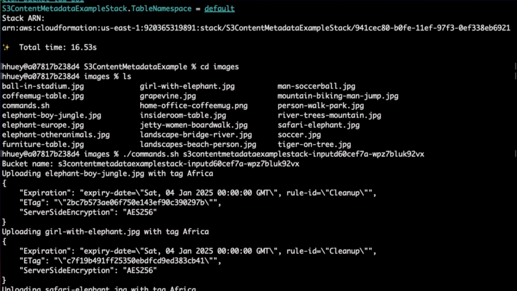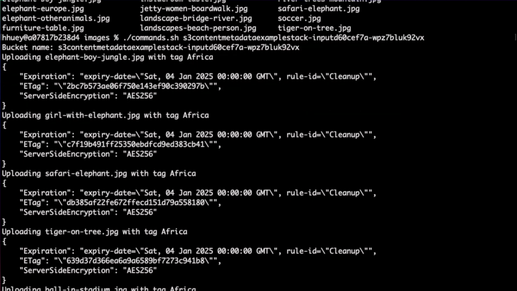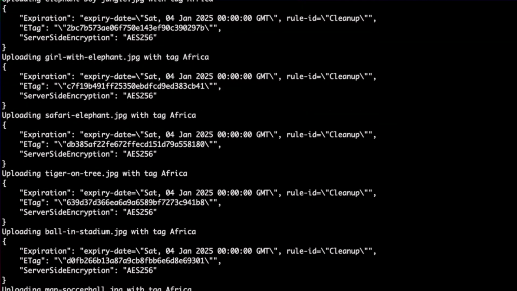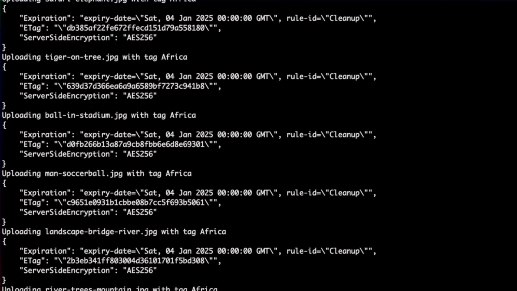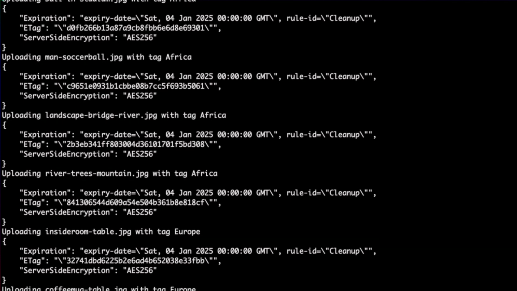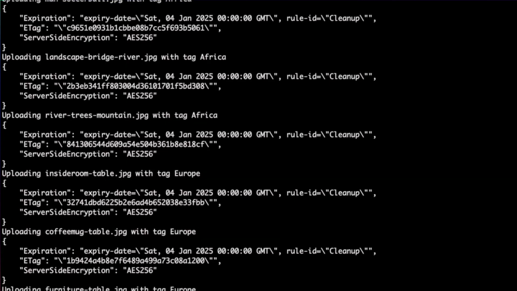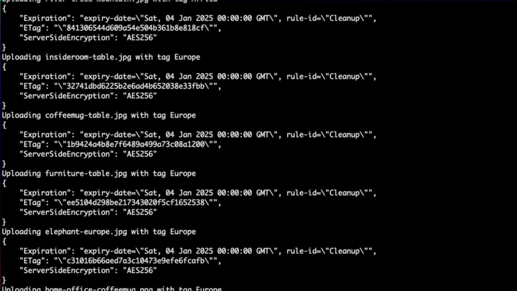Behind the scenes, it's now doing a few things. One is that S3 metadata will see these change events and record the S3 system metadata and put that into the metadata table. The other part of the implementation, where S3 events, Lambda, and Flink are also now running, will extract these technical image metadata like height and width, and also run Rekognition to detect labels within the images and store that in a vanilla or regular table in the table bucket.